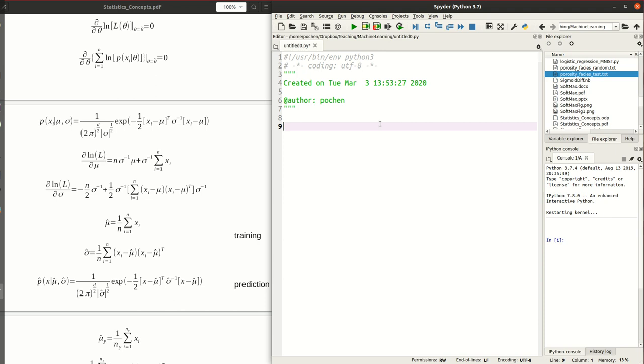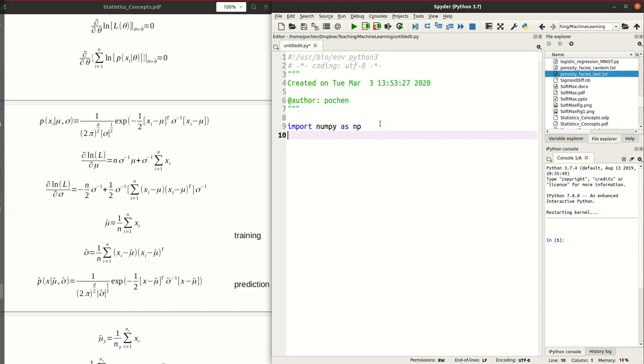What are the libraries that we're going to import? We're going to import NumPy as NP. We'll have to use NumPy, a linear algebra Python library, and then we are going to import a plotting library, matplotlib.pyplot as PLT. And then we're going to load our training data. Suppose we write a comment here, load training data. How are we going to do that? We're going to say training data is going to equal to